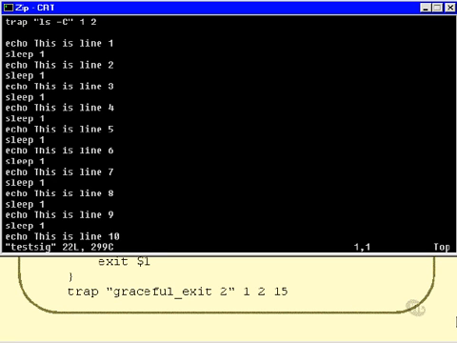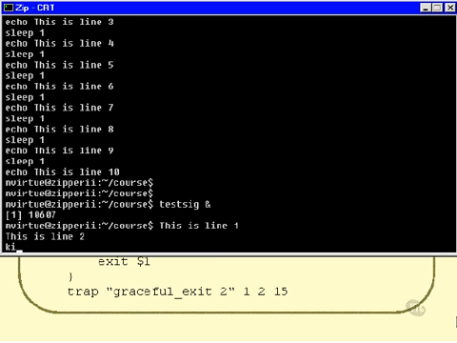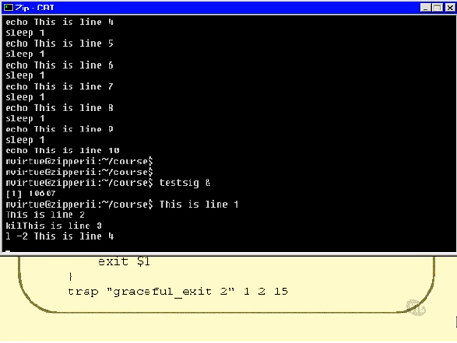So let's test it and see if it works. I'll quit out. Now what I'm going to do is run test sig asynchronously on the command line, so I've got a chance to type in a kill, and I'll have a grand total of 10 seconds to find the process ID, type it in, and see if it works. So let's do that now. Okay, the process ID is 10607,